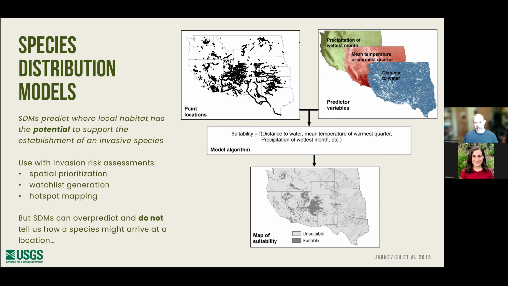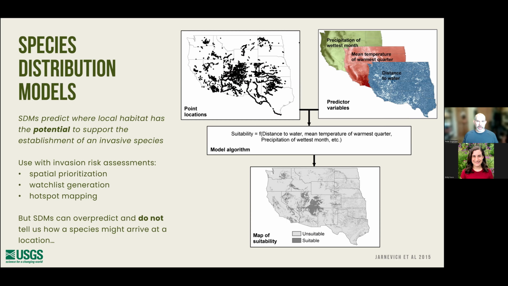So ranked risk lists of how much suitability one species might have over another, and then looking across species to say, okay, well, this pixel versus that pixel, we may have more potential species being able to occupy that habitat than this other one. But the interesting thing about SDMs is that each pixel is sort of assumed to have an equal probability of a species reaching that location.